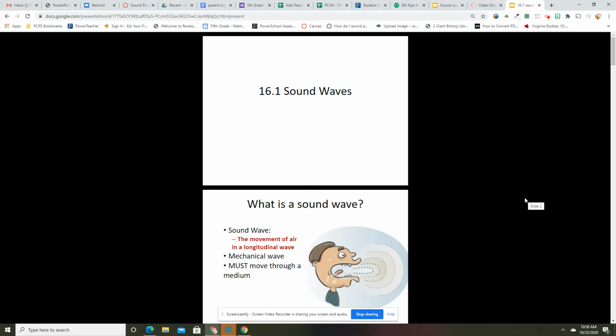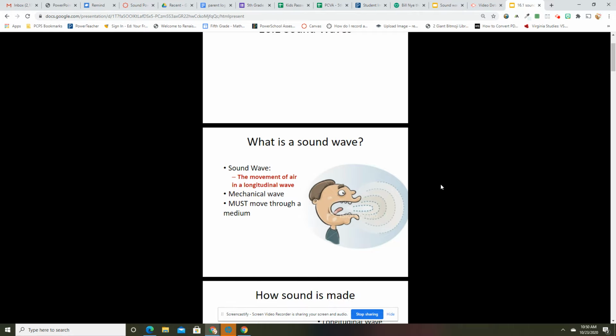Hello. So to continue talking about sound, we're going to talk about sound waves through this Google slide, and you don't have to do anything to it. We're just going to walk through it. But the one thing I did want you to add to your notes is that a sound wave is a